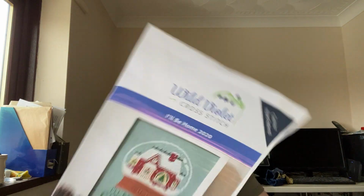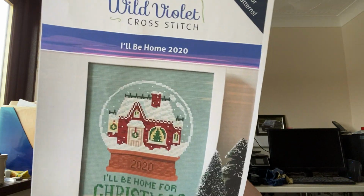This one is I'll Be Home 2020. It's by, I think it's Wild, let me have a look. I've got a couple. Wild Violet Cross Stitch, and that, I'm printing it, it's not a very good print. That is how it's going to look. And I've done some good progress on this actually, since the last video. I think the last video,